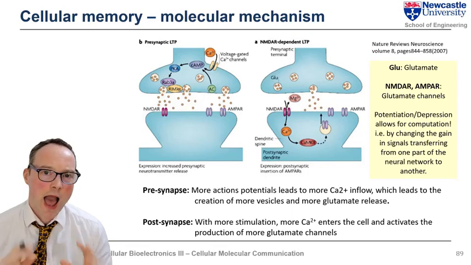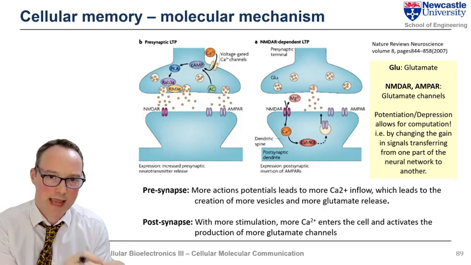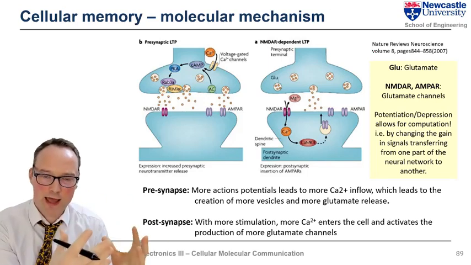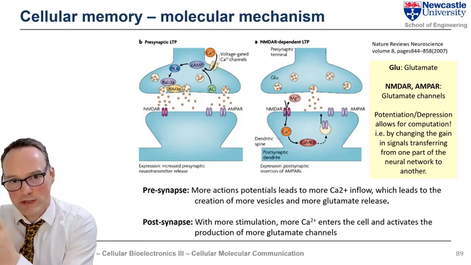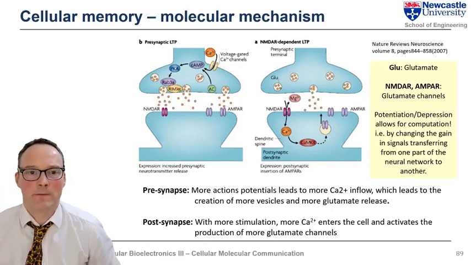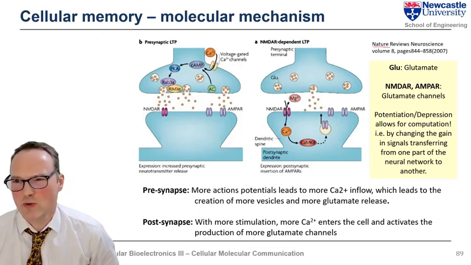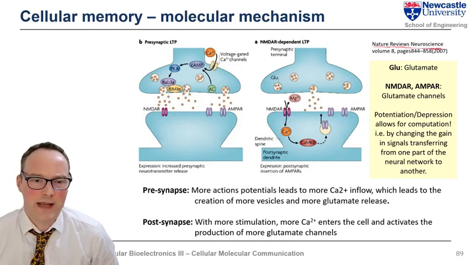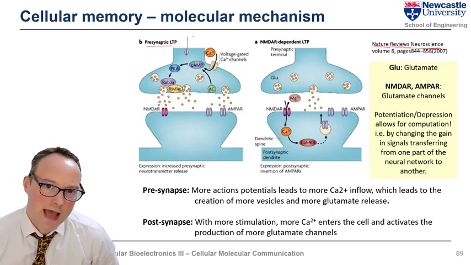So how are these memory tasks performed? There's potentiation, where there's a lot of information transfer, and there's depression, where there's a limited information transfer. Well, first of all, let's look at this image. Sorry, it's poor quality, but it's the best I could get from this Nature Reviews paper. So let's look at the presynapse. As an action potential comes down,